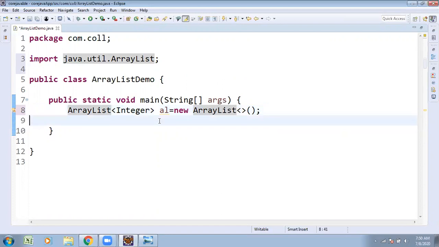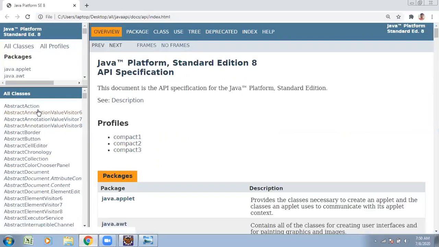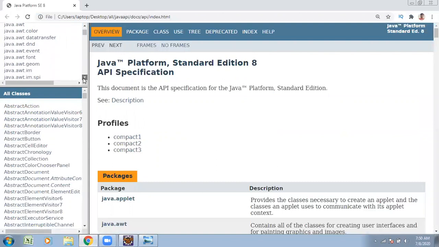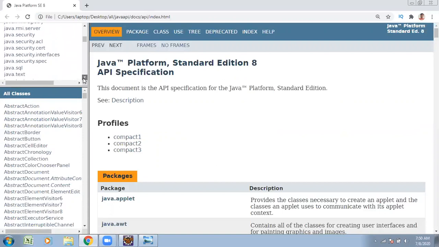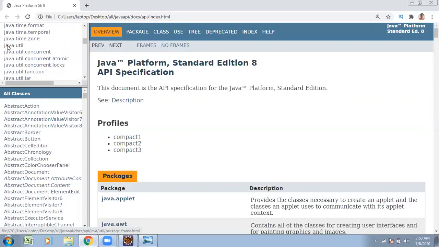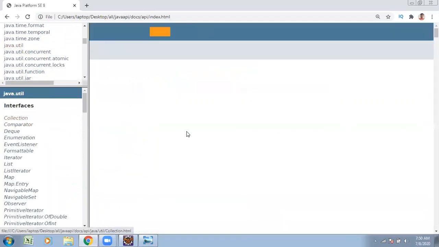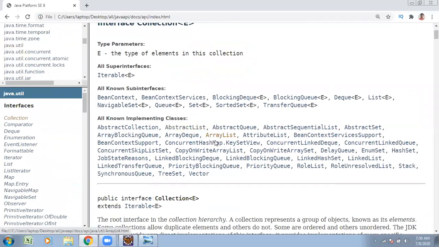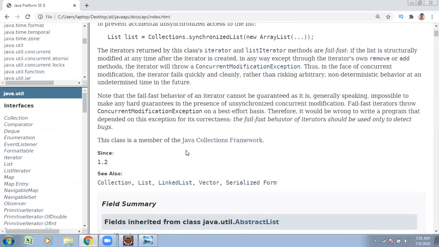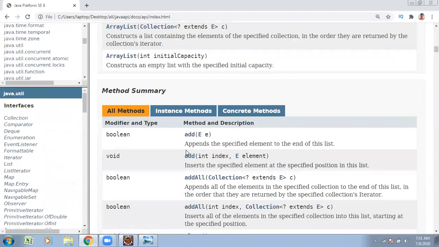I want to add some elements. The methods of array list are almost the same as the methods related to linked list. Yesterday we discussed n number of linked list methods; almost similar methods are supported here.